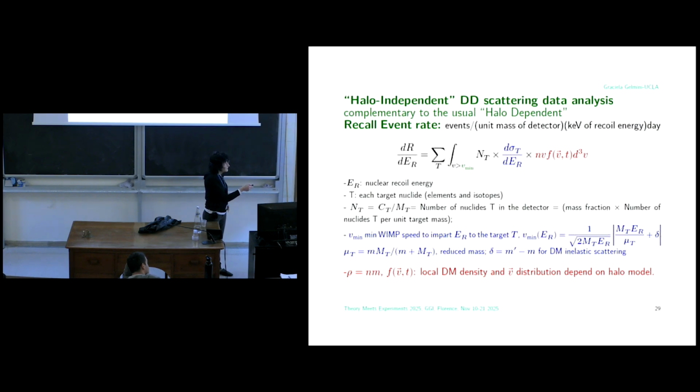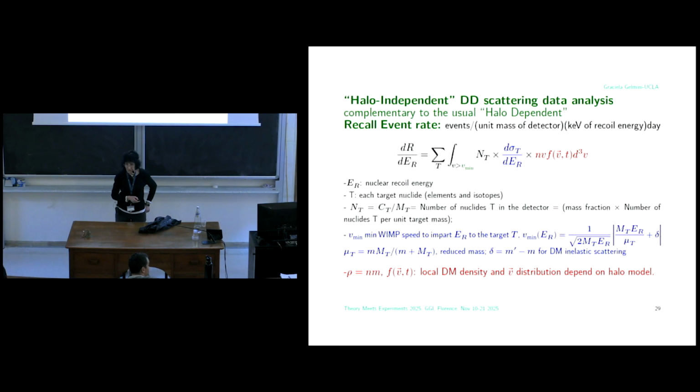The cross-section, dσ_T/dE_R, and you're integrating, given a recoil energy E_R, above a certain v_min, which is the minimum velocity that will give you E_R on a target T. Notice that the relation between v_min and E_R depends on the mass of the target. So if you start from an E_R, then you have one value of v_min for each target